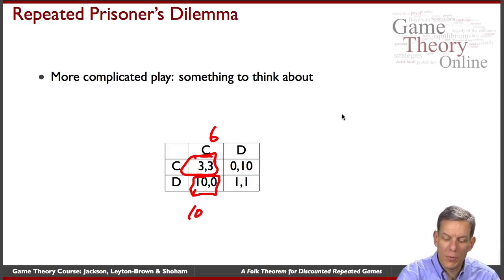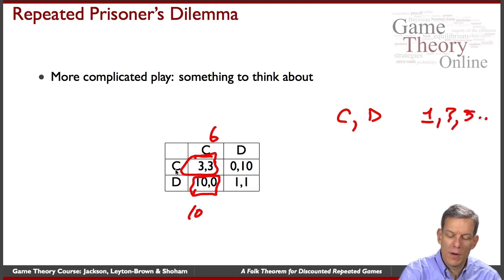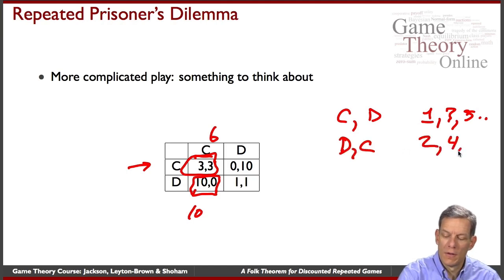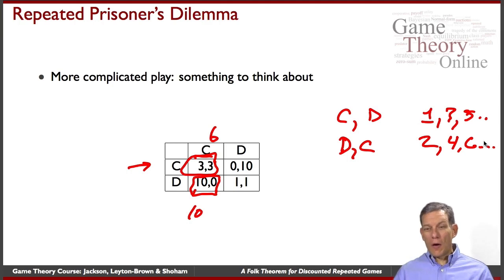They say in odd periods we'll play CD, right? So in periods 1, 3, 5, and so forth, we'll play cooperate by the first player, defect for the other. So the second player is going to get 10s in those periods, but then we'll reverse it in the even periods, right? So now, roughly on average, players are getting 5 each instead of 3 each, right? So what we'll do is we'll alternate, and as long as we're continuing to abide by these rules where we nicely do this, then in the future,